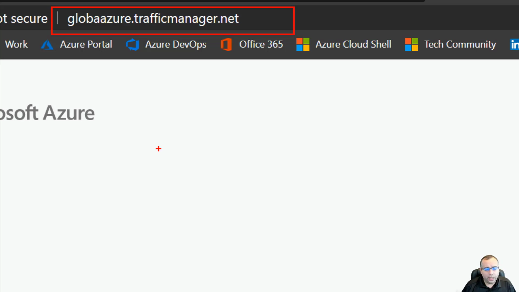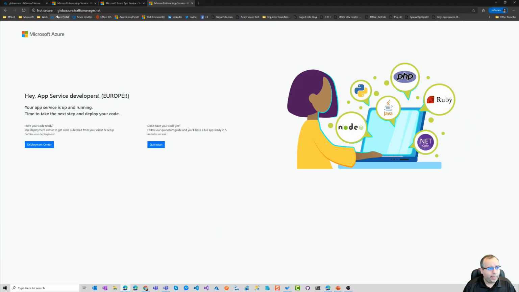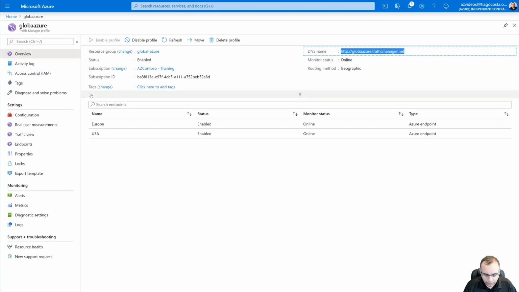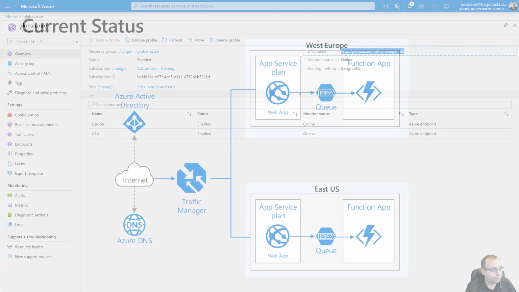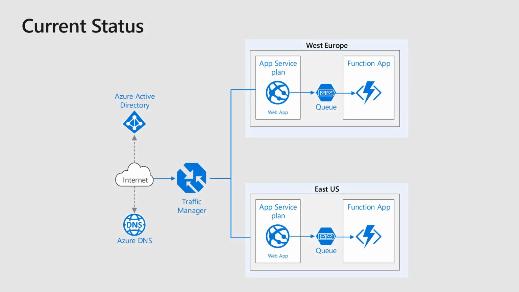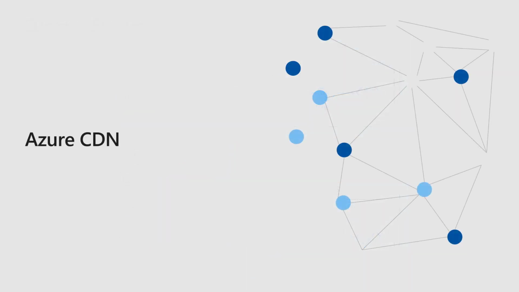And basically, we can see that it's working exactly as it was supposed to be working. So basically, this is what we have. This is our current status, and everything is working quite well. I can improve this, of course, and one of the first things that I can do is I can use